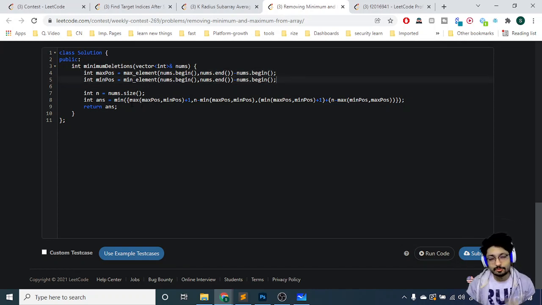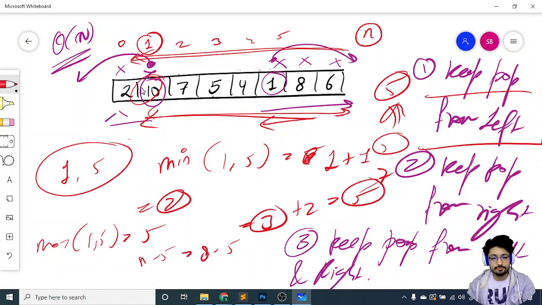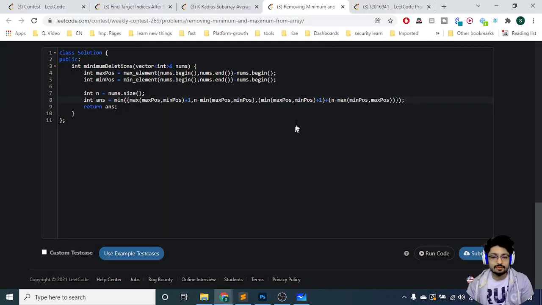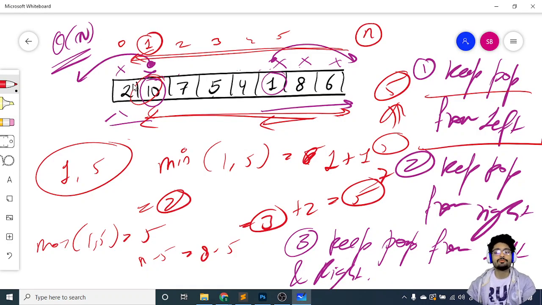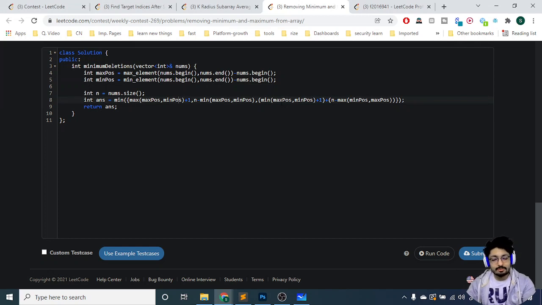Now there are 3 cases. I have to find the minimum of the 3. The first one is the maximum of the positions plus 1, which I've told you, if I'm popping from the left side. If I'm popping from the right side, I will find the minimum of both of them and take n minus that. And if I'm popping from both sides, I will find the minimum of one position plus 1 from the left, and the maximum from the right, and add both of them. And just print the minimum of all of these 3 conditions. So I have gone through all the 3 conditions because this is just a one-liner code. Not too much, that is why they have done it in a very quick manner.